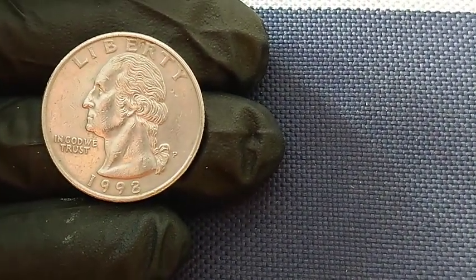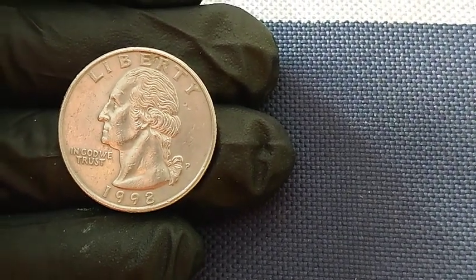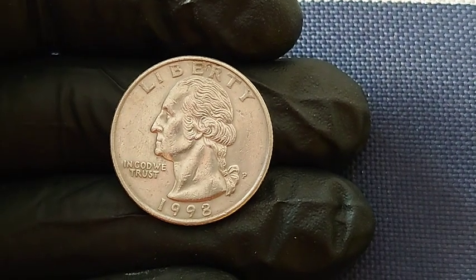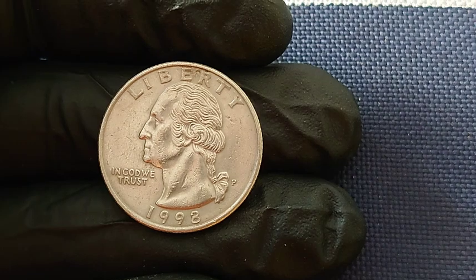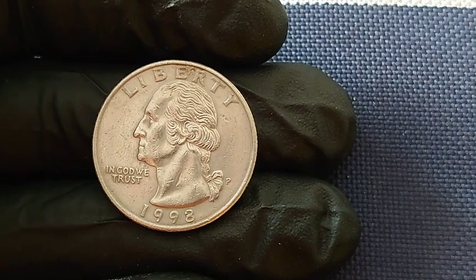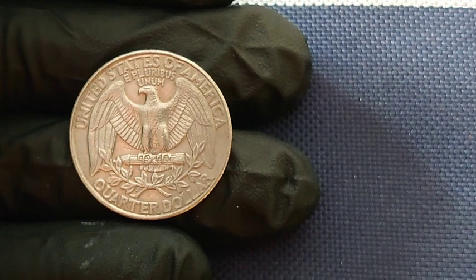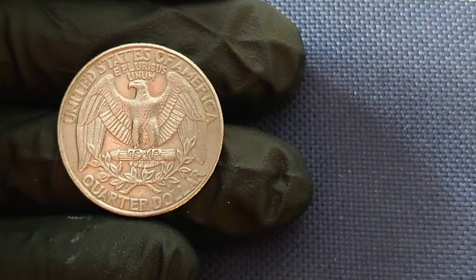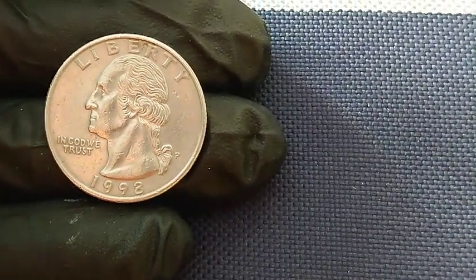This coin's diameter is 1.3 millimeters wider than the standard 24.26 millimeters for a quarter, and its weight is off by 0.56 grams, making it too heavy for a standard quarter, but too light for any other denomination. And under X-ray fluorescence analysis, its composition revealed traces of zinc and manganese, metals not used in 1998 quarter planchets, adding further weight to the theory that this coin was either struck on